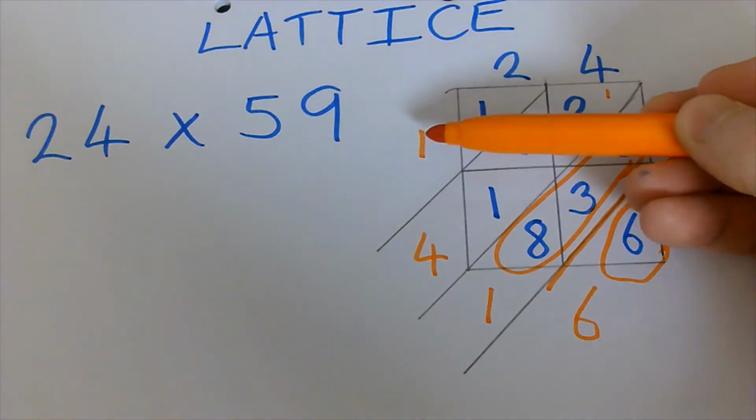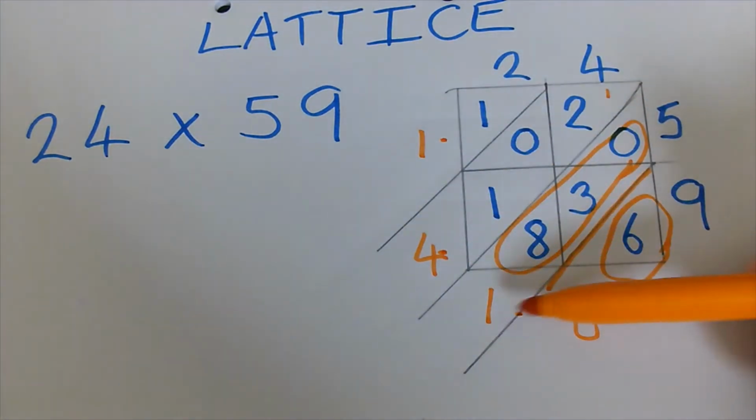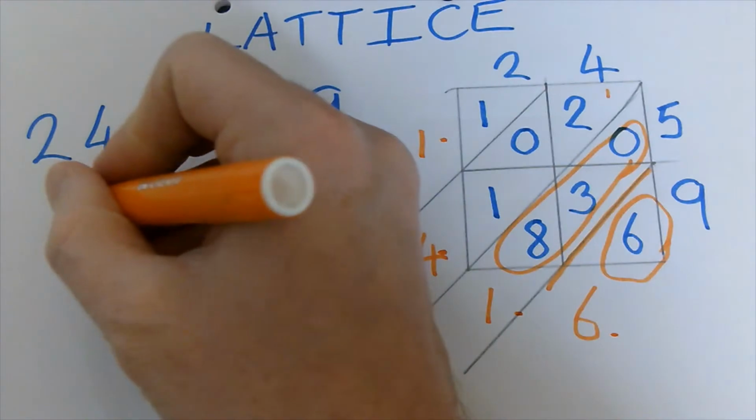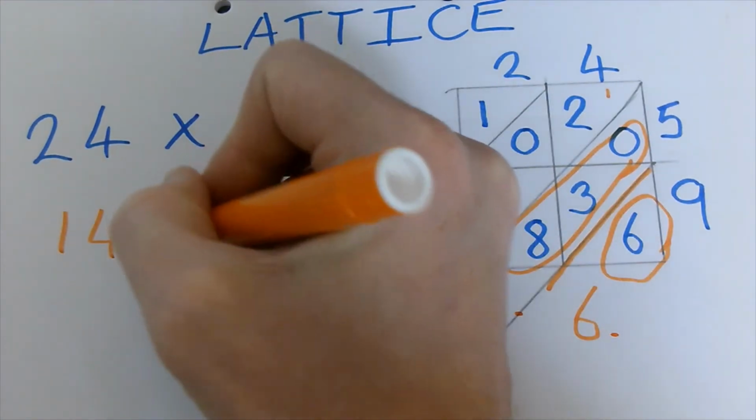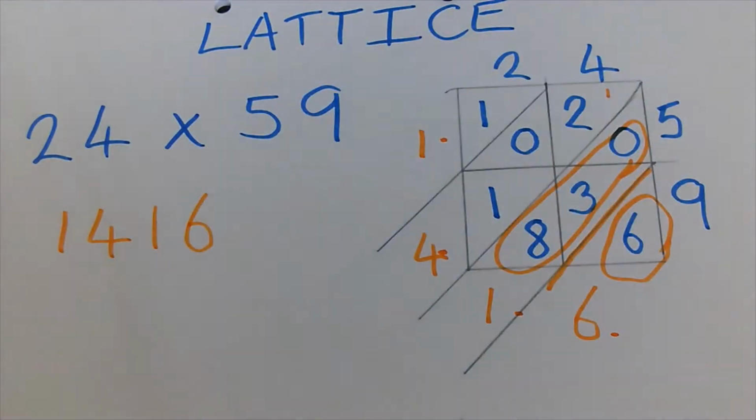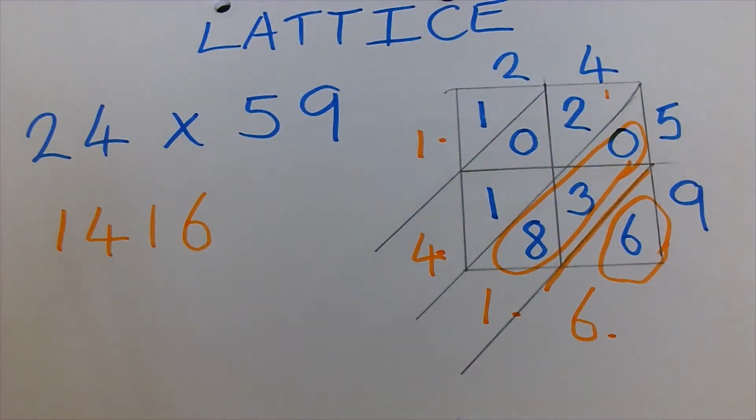So we end up with 1416. And that's how you complete the lattice method. It's a great method for ensuring you make fewer mistakes. It's a good way to explain it in an exam, and it also works no matter how large the numbers are. For example,